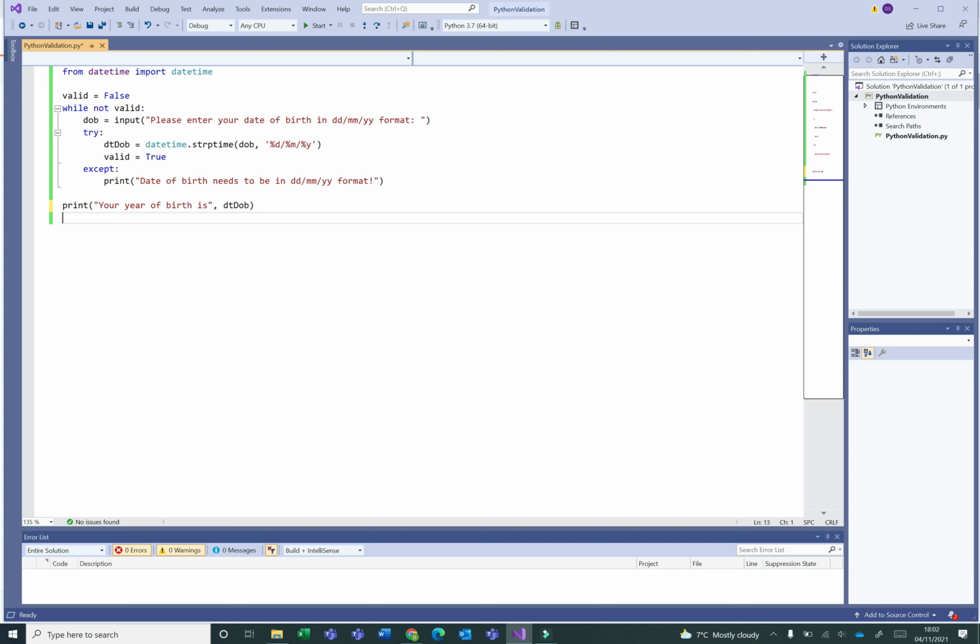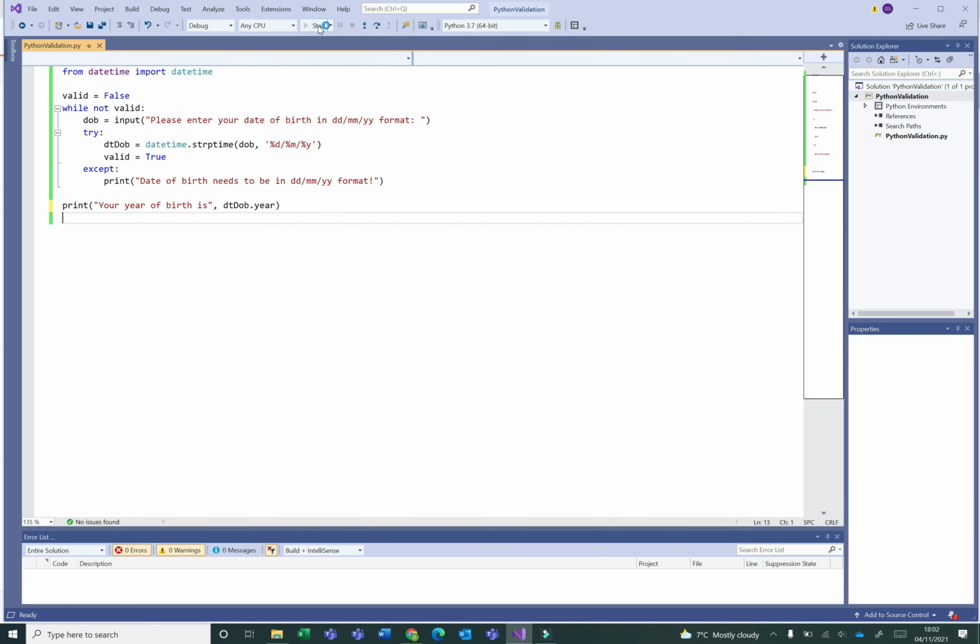And then we have your year of birth is, and as we have this datetime object, we can access various different methods like get the year of, so this is just a function effectively, which will return the year of the date of birth object, this datetime object. Okay, so we have this same sort of thing as we had with the age, but we're using a date of birth and we're checking that the formatting is correct.